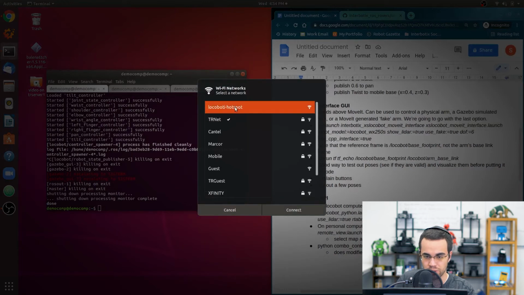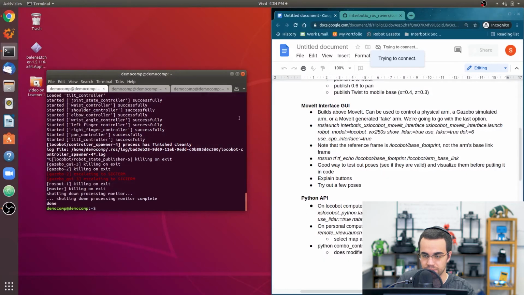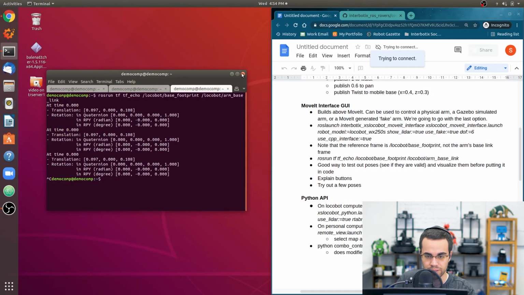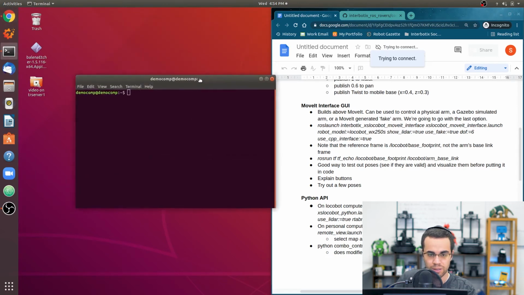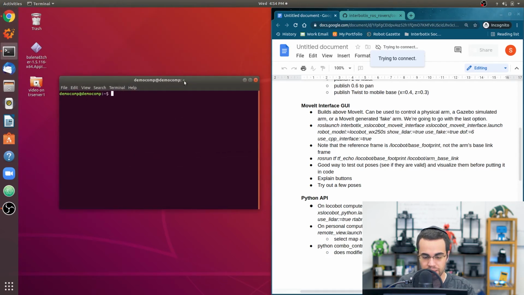Okay, we want to go to LoCoBot hotspot. So connect to that, LoCoBot I hotspot. All right. I'm just going to exit out of this and open up a fresh terminal. Now let's SSH into the LoCoBot. SSH LoCoBot at